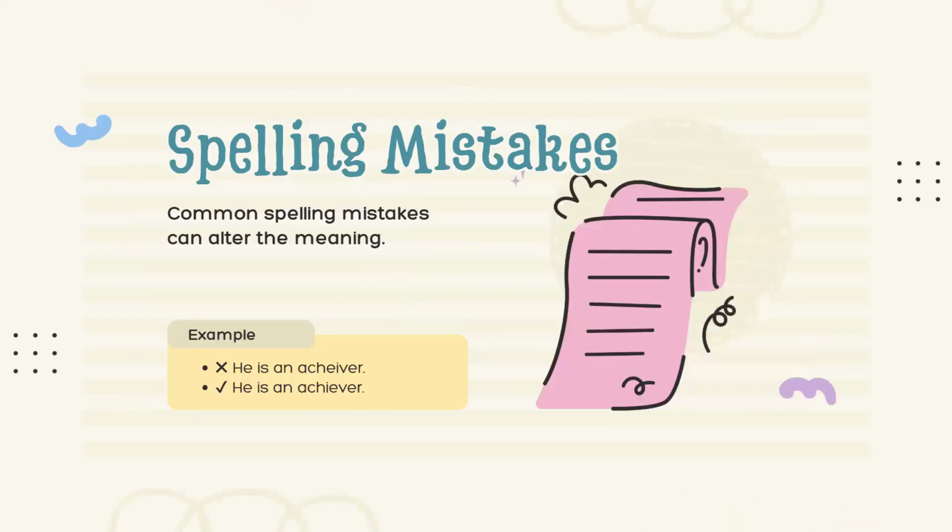Then we are having spelling mistakes. Actually, according to CBSE, you don't have much emphasis on spelling mistakes when it comes to error correction, but still, it is better to have an eye on it. Common spelling mistakes can alter the whole meaning. As in the given example, you need to use the correct spelling. For this, you have to understand the spelling rules. For example, I before E except after C, or "shall" after Y. All these kinds of rules are handy.